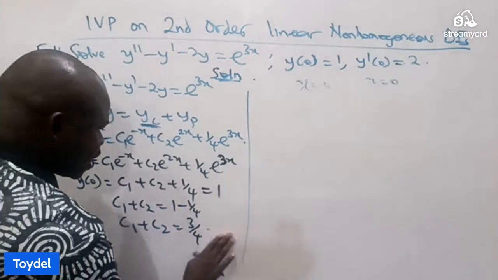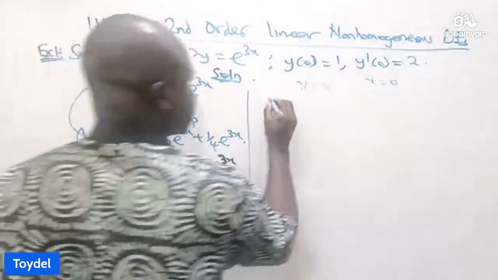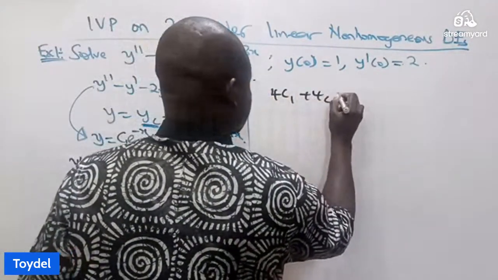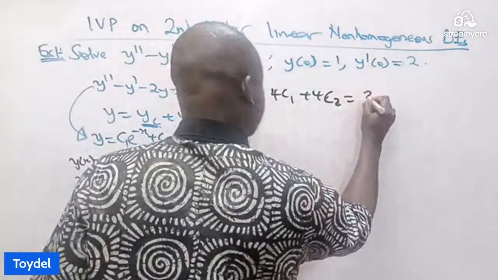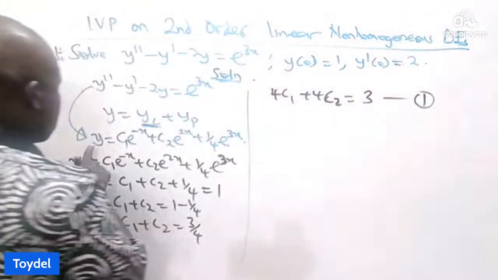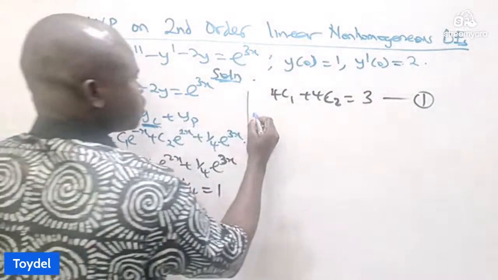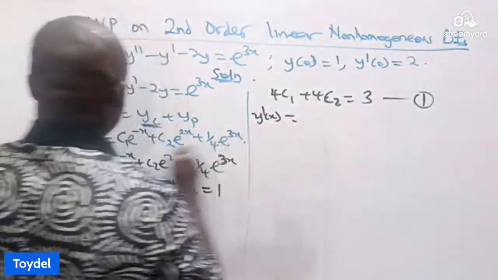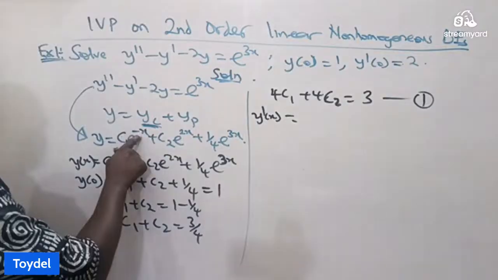No, from here, I can try to multiply 2 by 4 so that I will have 4C1 plus 4C2 equal to 3, equation 1. So I will go ahead and differentiate this. I want to look for y prime. Y prime of x will now be equal to, when I differentiate what I have here,